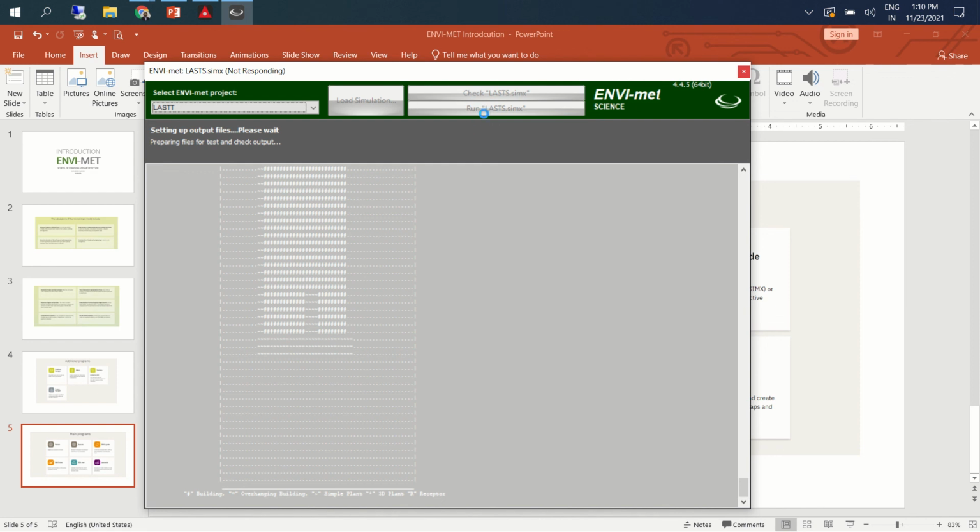Once you click on run simulation, in this corner, after processing, it will tell you how much time it will take for generating results. There is also a progress bar, showing what percentage of the simulation is over, in this corner, so we'll get to know.